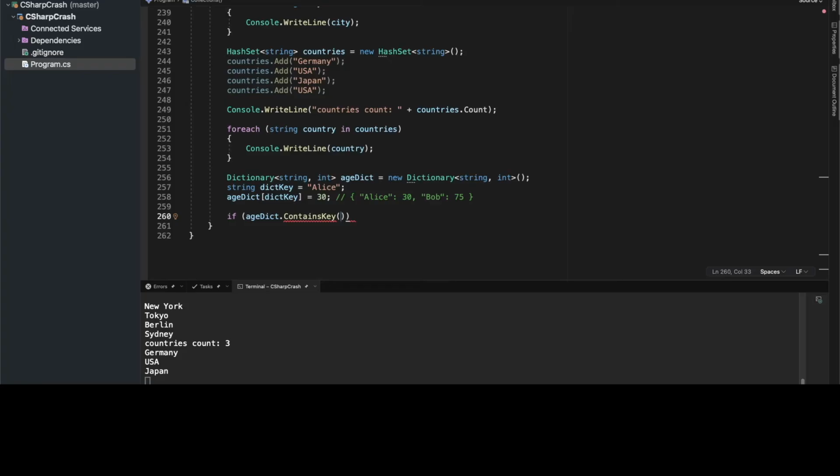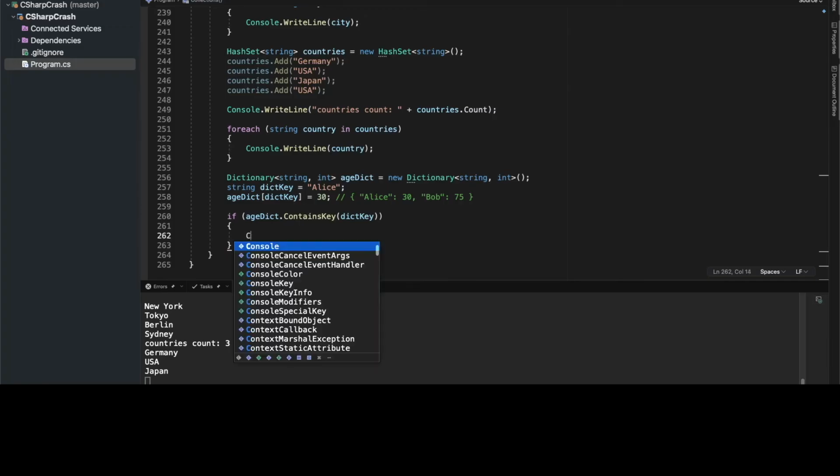So here what we want to say, and this is the reason why I stored Alice in the variable, so I don't have to retype Alice. I can say dict key, because again, that's still the value of Alice. So I'm basically saying, in this dictionary, is there an entry with the key of Alice? If there is one, I want to say